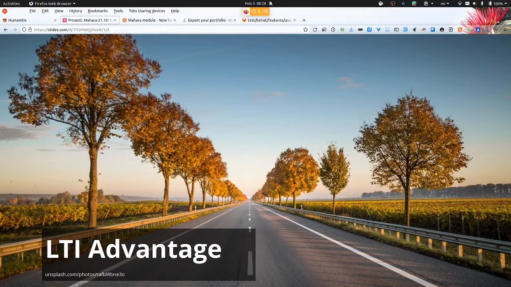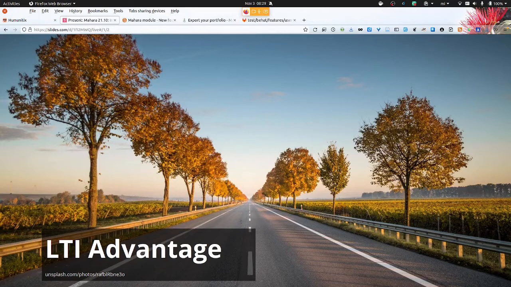So one example that we've seen is that in Brightspace, we can get different so-called deployment IDs for the three different services that LTI Advantage can help us with, whereas in Moodle there is only one. And so we'll need to work out how that impacts any of the services and functionalities that we do want to use, and what that means for links and so on.